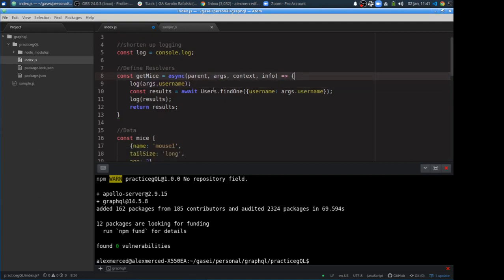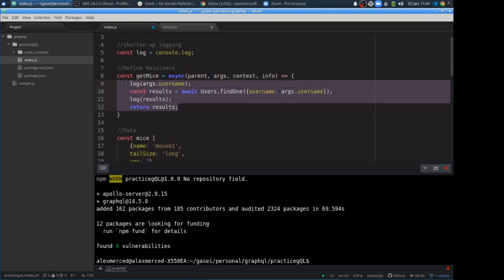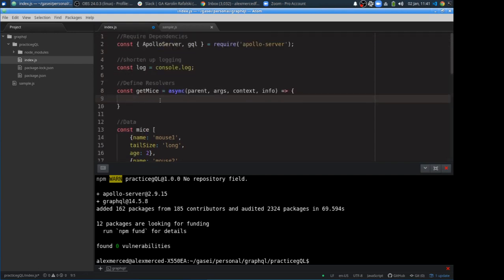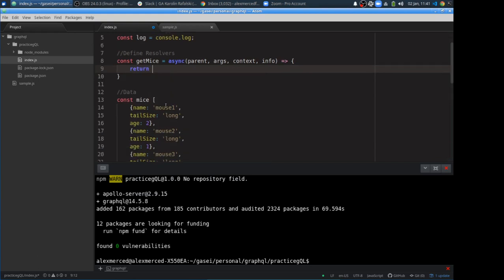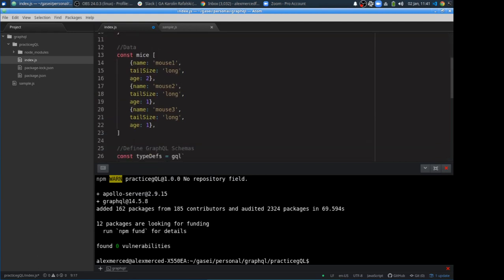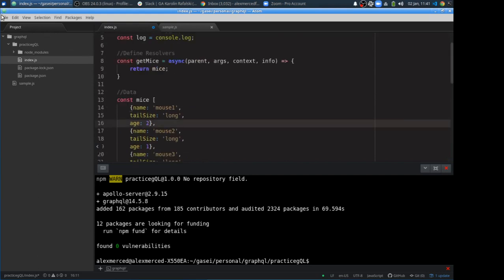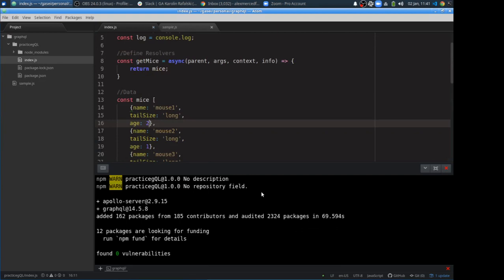Cool. And I'm going to get rid of all this. Don't need that. We're not looking for a username. All we want to do is get all the mice. So all I'm going to do is return mice. Done. Okay, because what is mice? It's an array of mice, and all these individual objects represent the schema. They follow that schema, so it should work. So now I save this, and we should be good to go